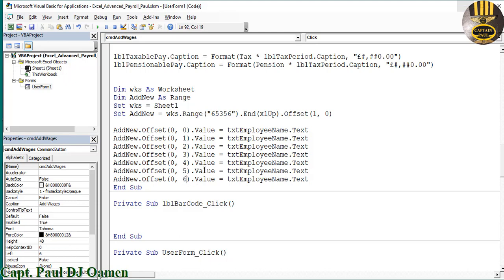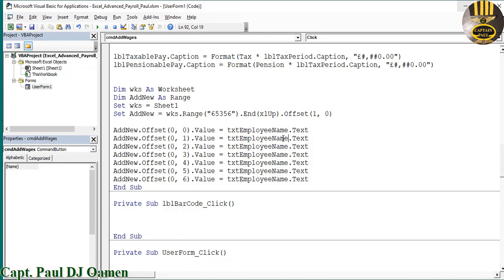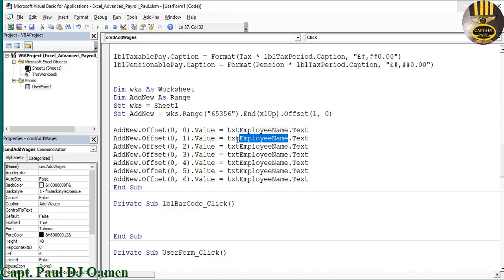So those are the columns specified. So this is going to be address, followed by postcode. Now next one is going to be gender,